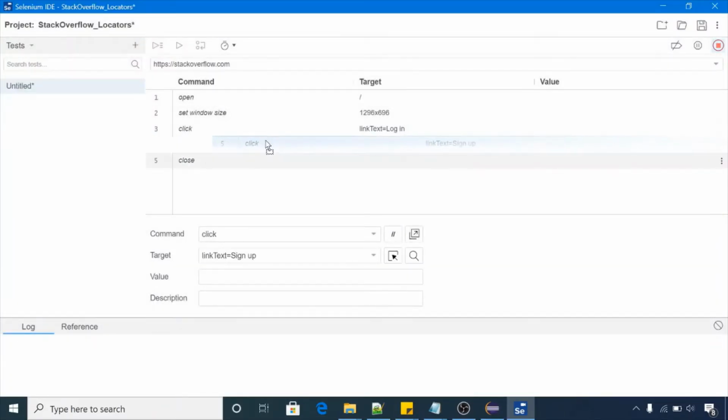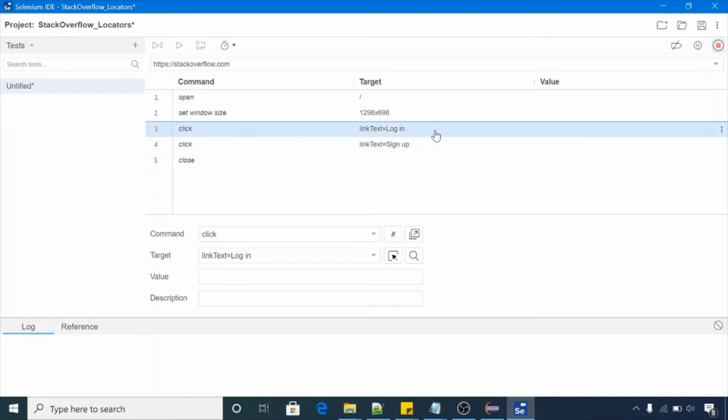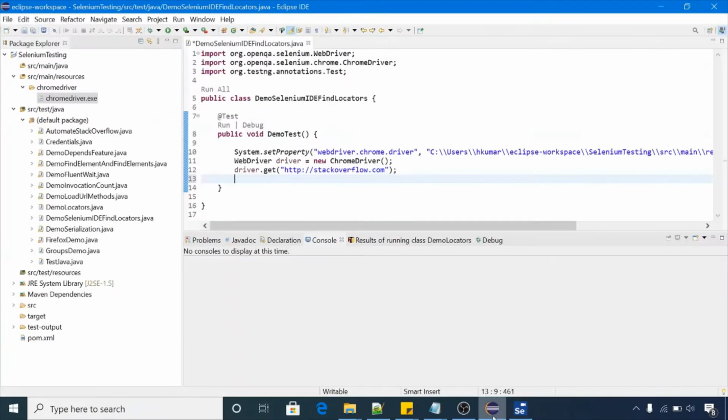Now in our Selenium WebDriver project, we already opened the stackoverflow.com website, right? Now after opening the website, we have to click on the login button. So our concern is how to find the locator for this login button.